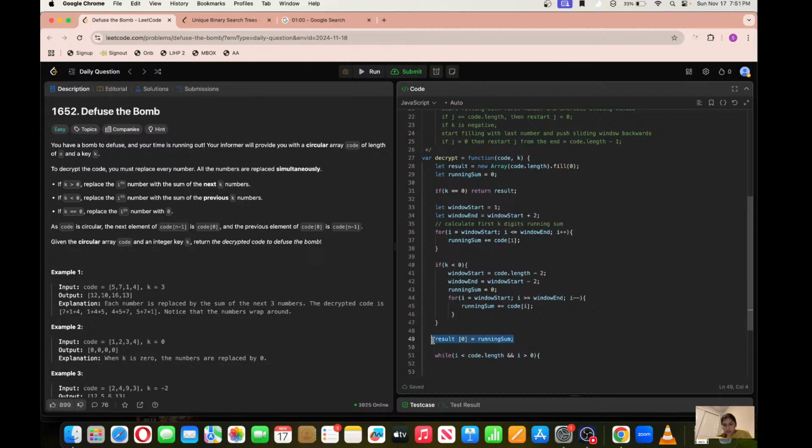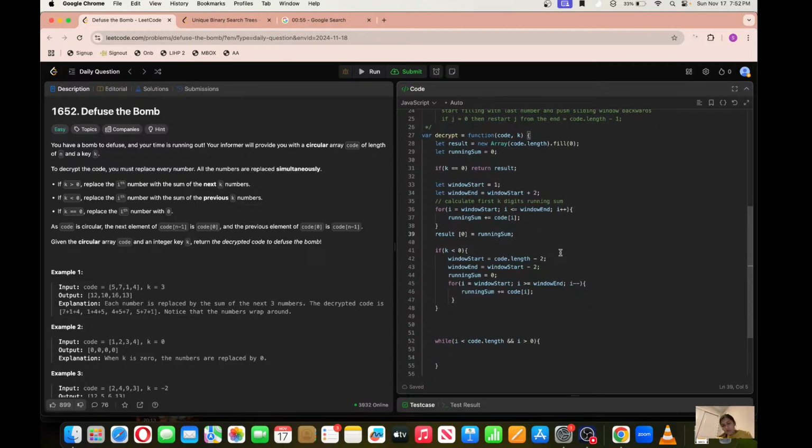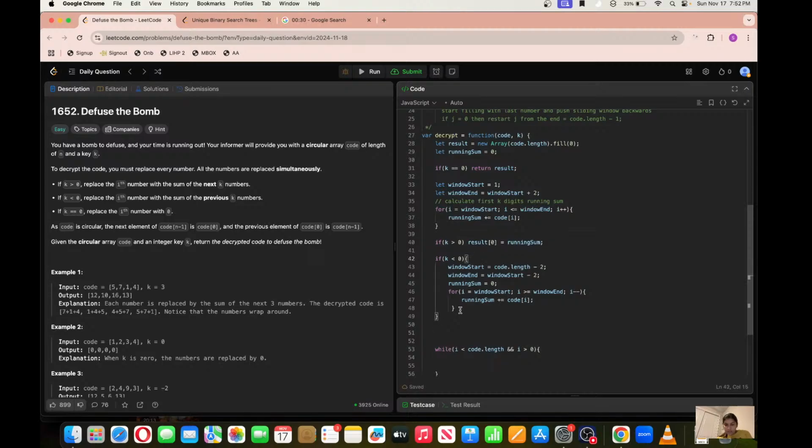Oh, result 0 should be equal to running sum. But if k is less than 0, then result end will be equal to